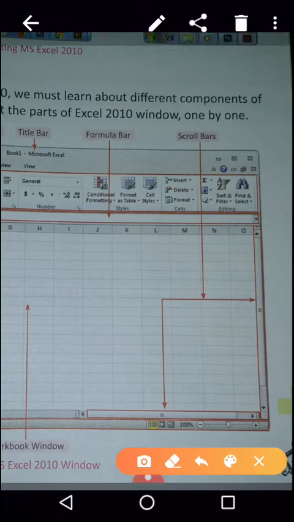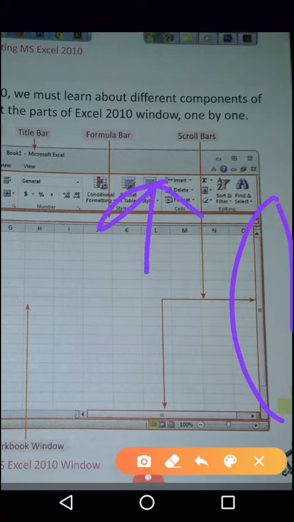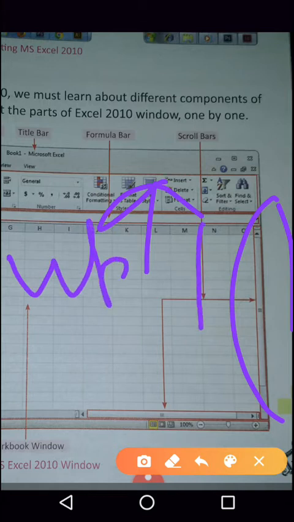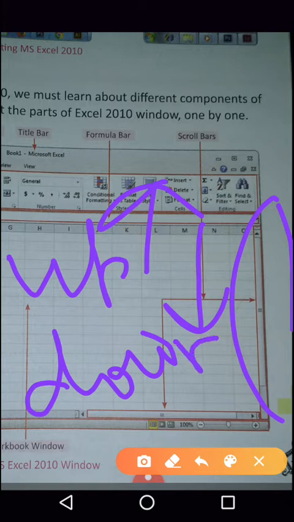This is a vertical scroll bar which helps us to go up or down when our data exceeds the shown sheet.